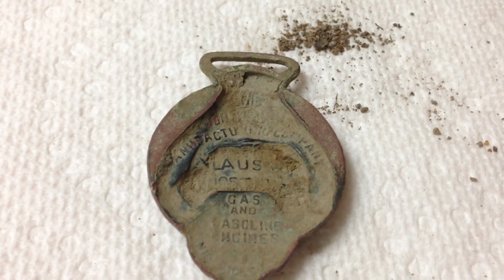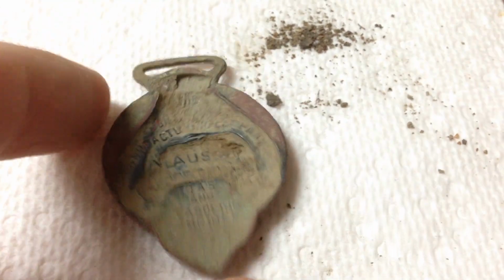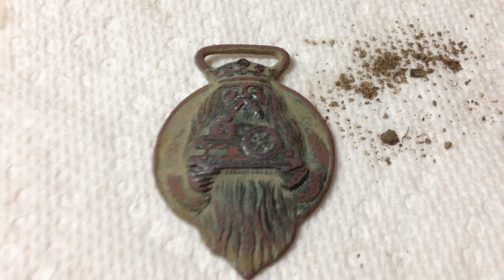from pre-1900s to I think 1950, or in the 1950s when Tecumseh bought them out. I don't know how old this is yet, but there was one on eBay that sold for $85. I'm not saying that's what I'll get out of it, but that made my day worth it. But if that weren't enough, this